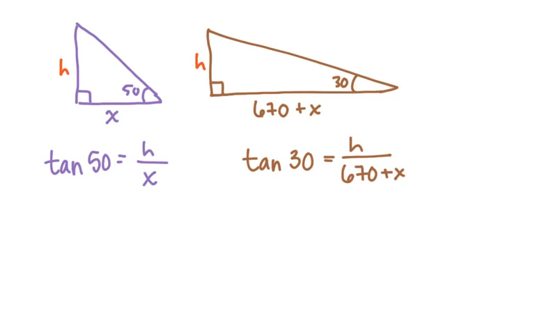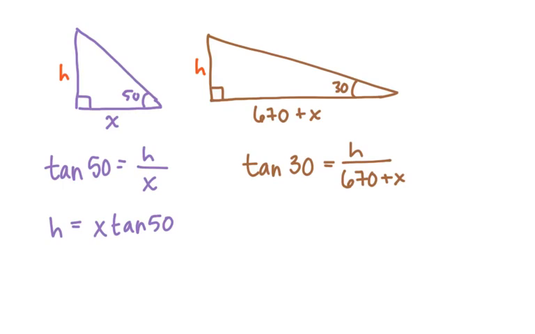So what I need to do is isolate one variable in one equation, and then I can sub it into the other. So for my purple equation, I'm going to rewrite that and say, well, that's h equals x tangent 50. So if I know that h is equal to x tangent 50, I can plug it into my other equation. So this would give me,